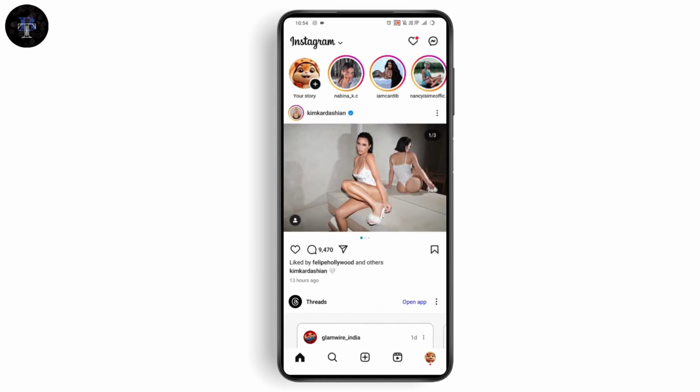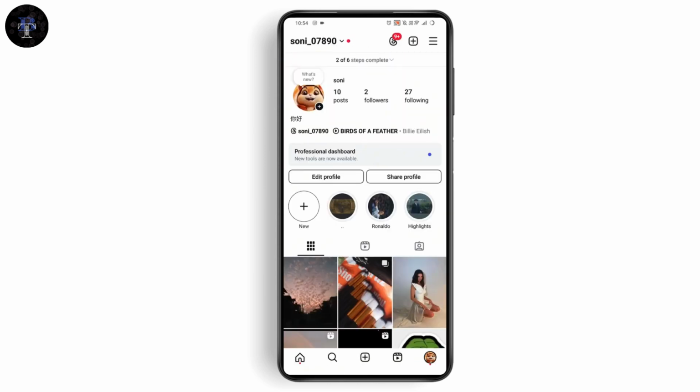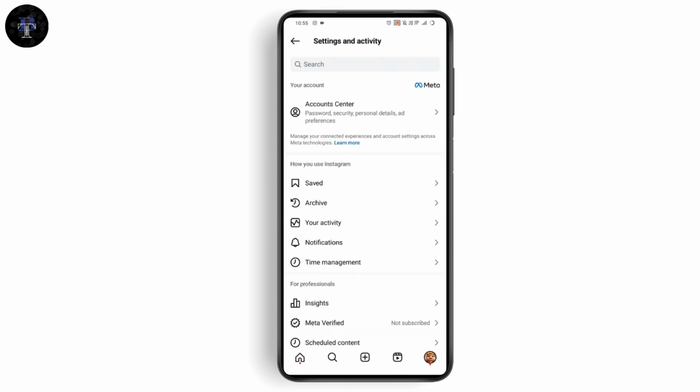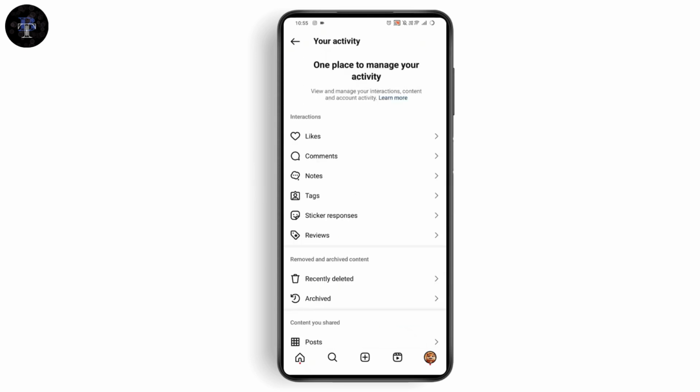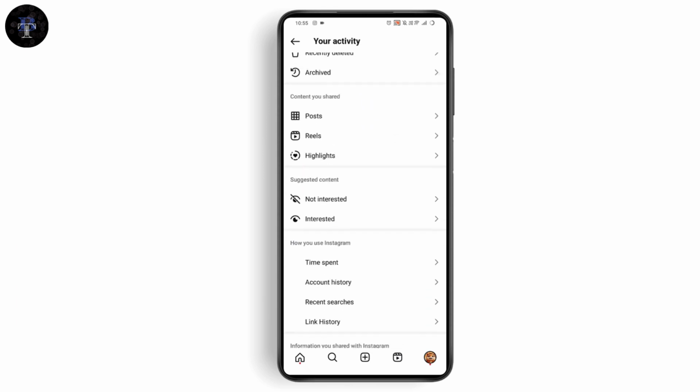But what you need to do is go with your profile, which is on the bottom right, and go with the top right, which has that 3 horizontal lines. From here, you need to go with your activity. So on Instagram, we don't have the backup option, but you can just follow the steps to get some information or get some help. So go with your activity, and under your activity, you need to scroll down a bit